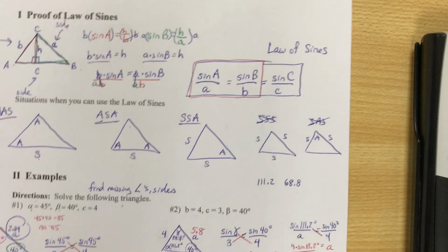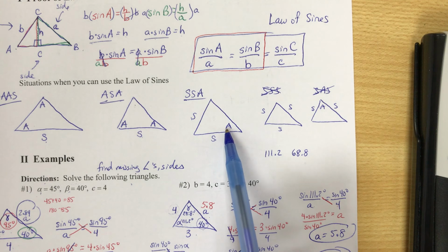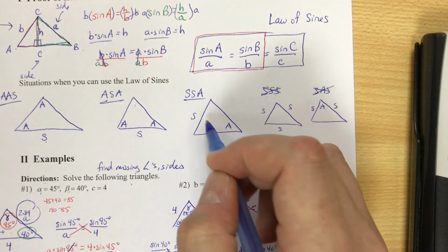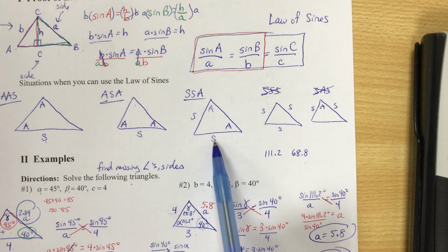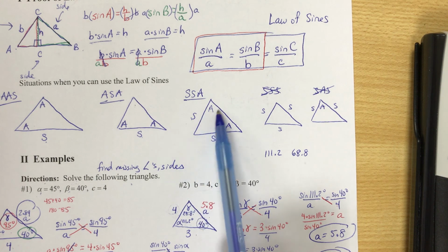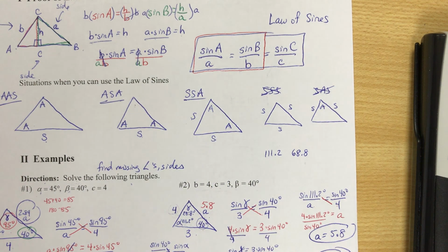But going back to the front here, if it's a side-side-angle situation, and we're missing an angle here, if this side is longer than this one, so if this is a bigger angle, we have to be aware that possibly this could be an obtuse measure. And that is the end of the